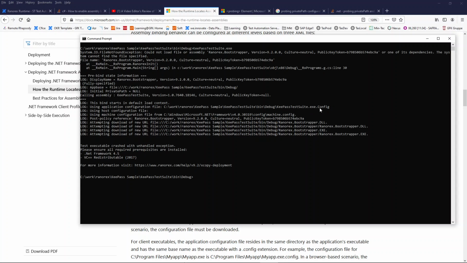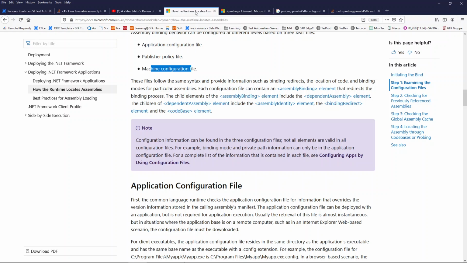Here you see the application configuration file, and also the machine configuration file which is used. The machine configuration file has the highest priority. So if you put something in the machine configuration file, it will override the application configuration file, but this can impact all the system. This is to do as the last solution, and you may not always have the rights to modify the machine configuration file.